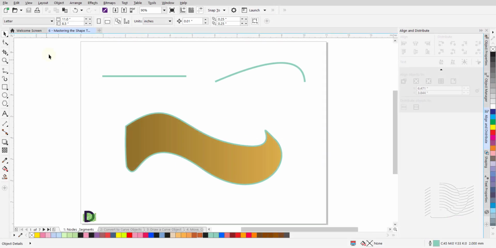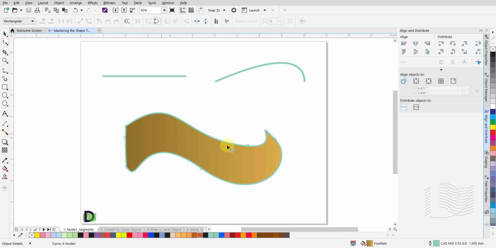Welcome to the tutorial on mastering the Shape tool and node manipulation in CorelDRAW. The Shape tool is used to shape an object to a certain form. Using the Shape tool, you can manipulate the nodes on an object to achieve your desired shape. We covered a few of the following points in the tutorial on mastering the freehand tool in CorelDRAW. I will list them again, plus a few more.